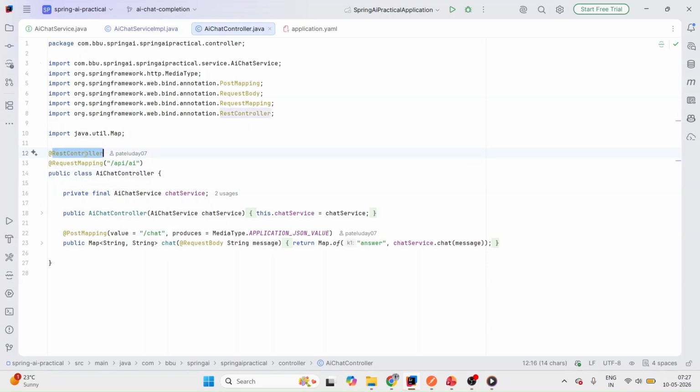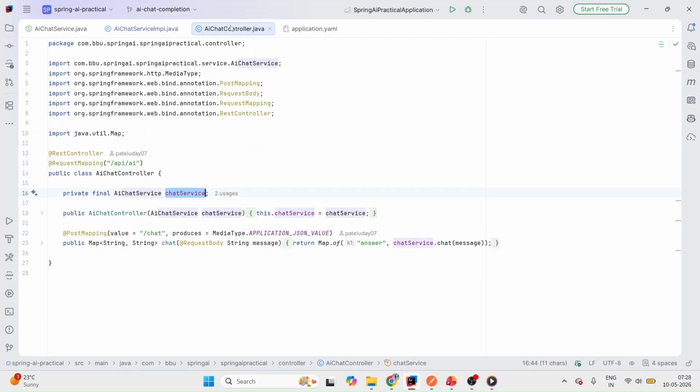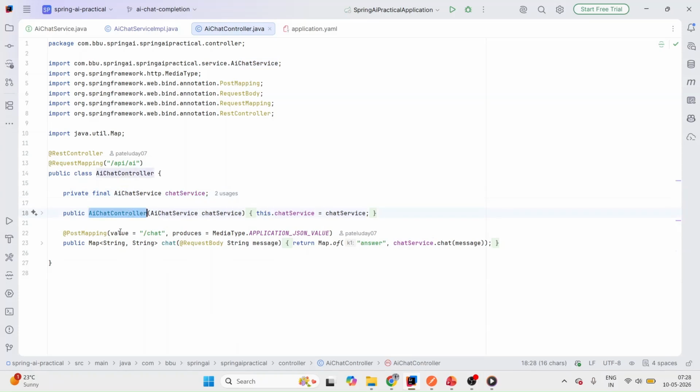This is my REST controller. My API prefix is api/ai, right? And I'm injecting the chat service, chat service impl. I'm injecting this chat service via constructor, and you can see this is our endpoint, chat,